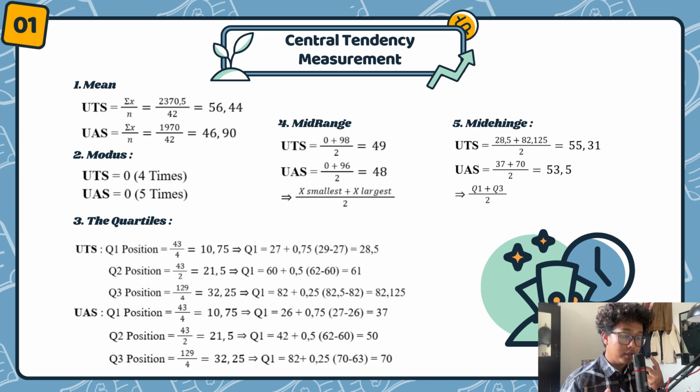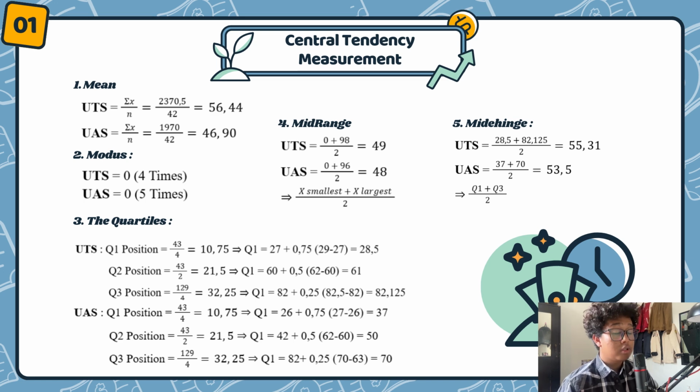So the 11th data is 29, and then 29 minus 27 multiplied by 0.75, which is the decimal value of the position. And summing that with 27, we got the Q1 exact value, which is 28.5. And that's how we can calculate the quartiles. And after the same calculation, we can get Q2 is 61 and Q3 is